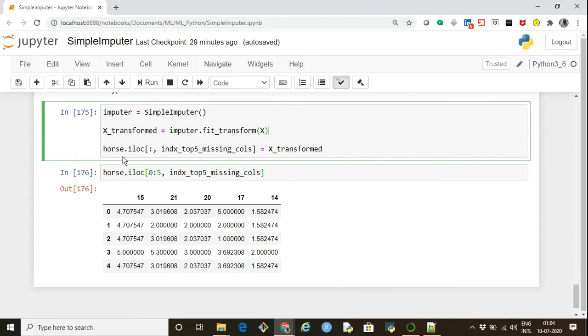So here I'm doing horse.iloc, select all the rows, and the index of those top 5 missing columns equals x_transformed.